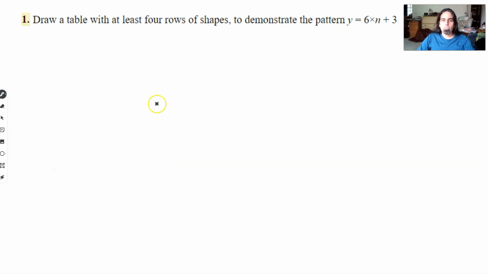Problem 1 for the Math 25 problems. Draw a table with at least 4 rows of shapes to demonstrate the pattern from that formula. We'll need 4 rows. We also need 3 different columns: what n is, what y is when we plug in n, and then where the shapes happen. The shapes are for people who are visual learners, so they can kind of see what's happening with this